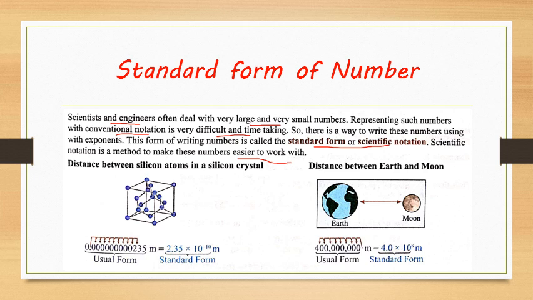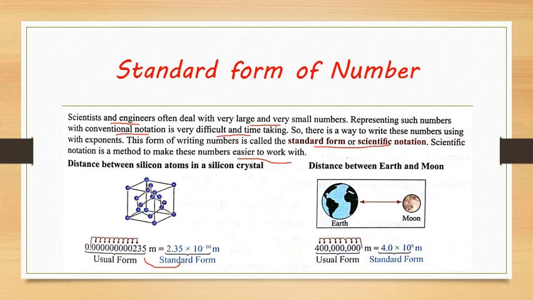So instead of writing this, what the scientists do is make another way of writing it. Now this number is written in standard form, that is 2.35 into 10 to the power minus 10. Since the laws of exponents are already taught to you, we can add, subtract, multiply or divide them according to the laws. So it makes our work easier.